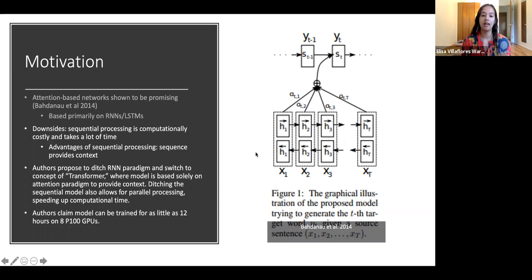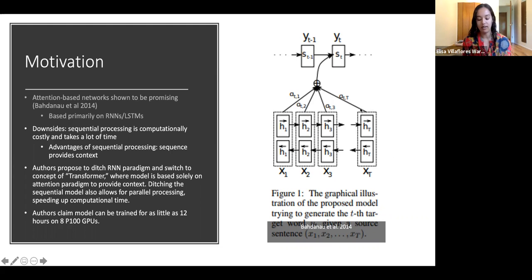And so basically the authors of the Attention Is All You Need paper suggested, why don't we just ditch this whole paradigm of using recurrent neural networks, and let's focus only on using attention. That's why they call it Attention Is All You Need, because they believe that if we only focus on a model that's based on building this attention network, then we no longer need the recurrent neural networks that we were using.